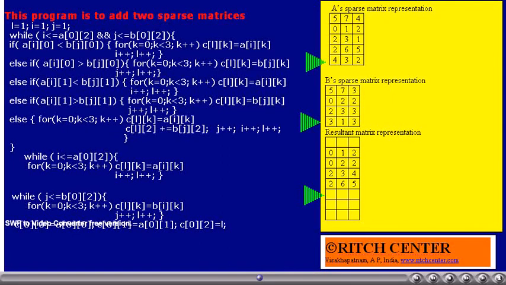Now matrix A contains an element belonging to row 4, whereas matrix B contains an element belonging to row 3. Thus, matrix B's row 3 element has to be copied to the resultant matrix. J value will be incremented by 1, L also.